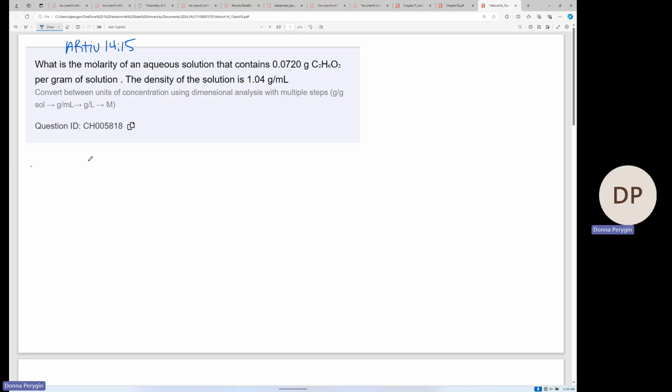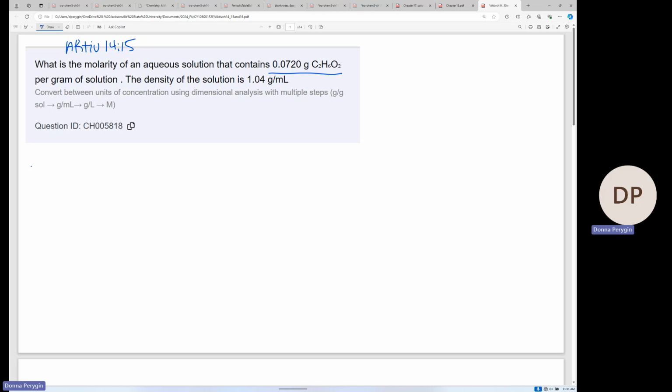About ALEKS problem, chapter 14, number 15, and how to put that in. So first, let's figure out how to work the problem, and then we will look at how to put that calculation into ALEKS. Okay, so we're starting with 0.0720 grams of